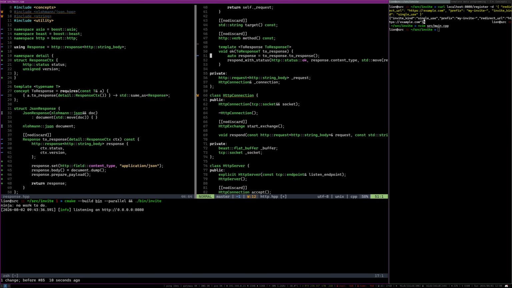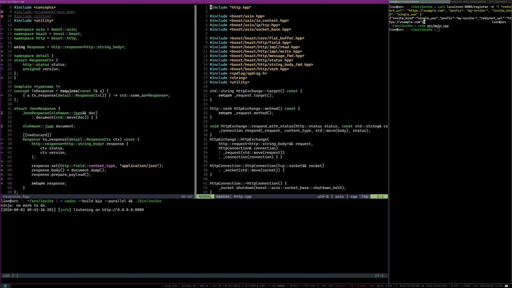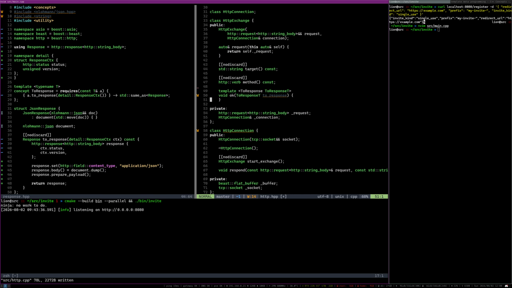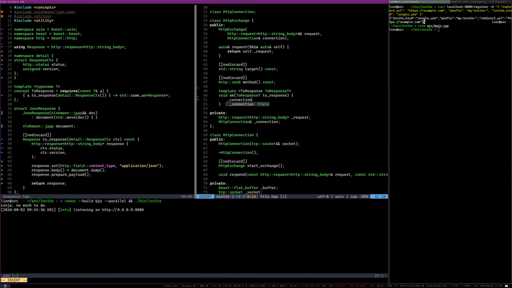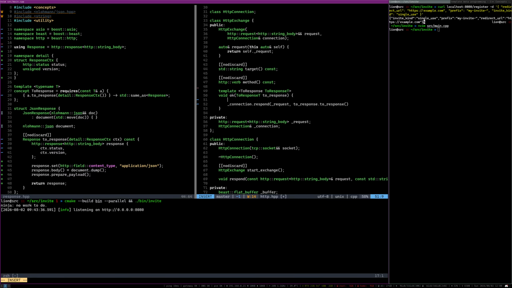It should now be essentially connection respond. Yeah, it should be a connection respond, request response, or something like that. So it should be connection respond, request to response, and then we need to set up the context. So we say